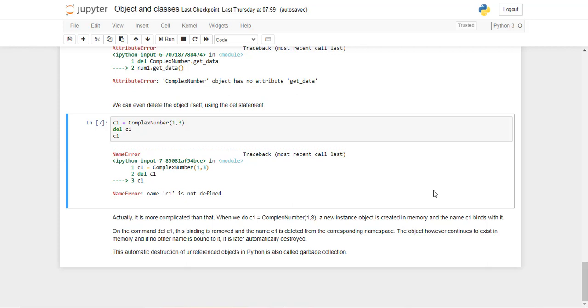However, the object continues to exist for a while in Python memory till the time something called a garbage collector comes along, and then it gets hold of all the unreferenced objects or values in Python and then it deletes them. It does it periodically, and that makes for better memory management, and this is very similar to the way that garbage collection works in Java. You can also manually invoke the garbage collector, but that's a topic for another day.